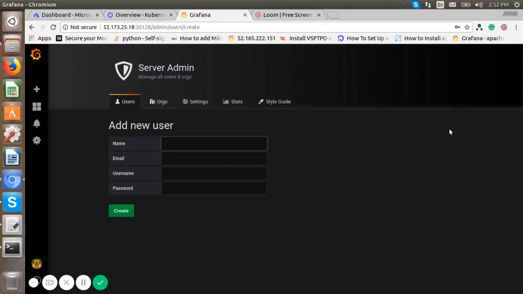We can add the admin user for the ReactWorks organization, like the name is admin at ReactWorks.